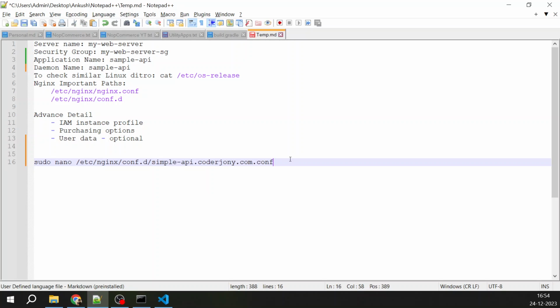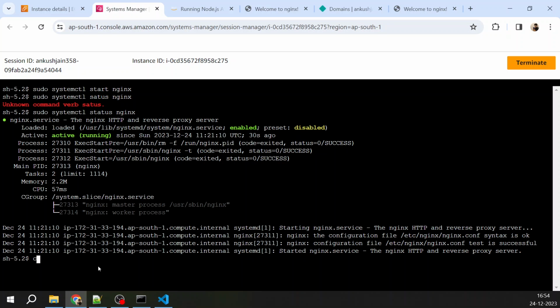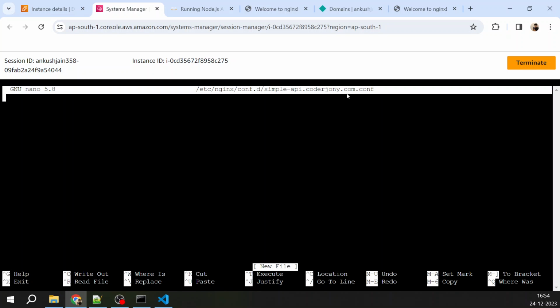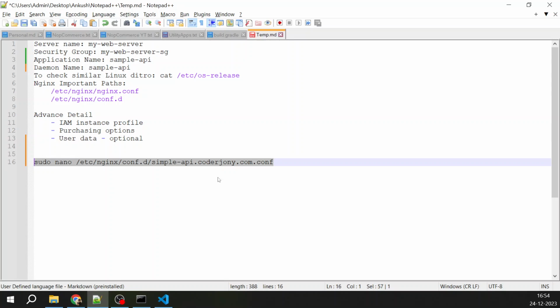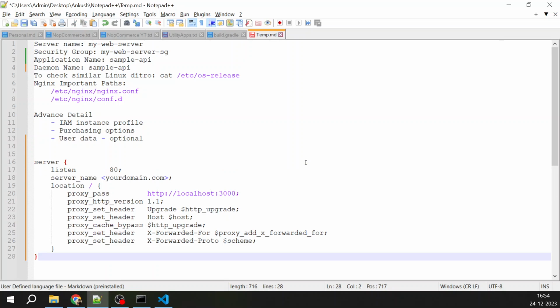Okay. So I will just run this command and go here. I will clean this up. I will run this. So it has created this file and opened the nano editor. Now what we need to do is copy this configuration, and here